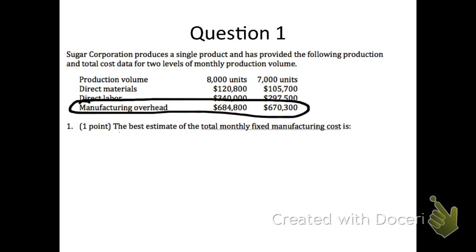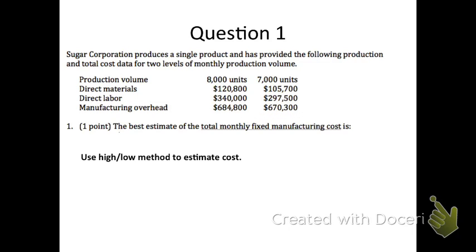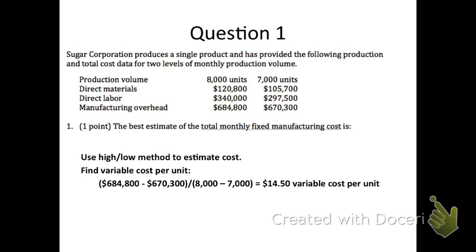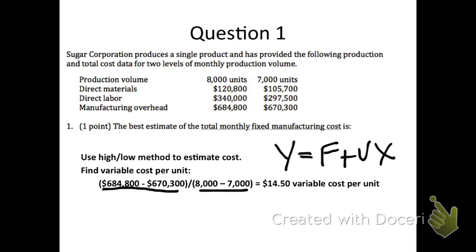For the high-low method, we determine the high point and the low point. We only have 2 points here, so the high point is the 8,000 and the low point is the 7,000 units. To get the variable cost per unit, you just take the change in the cost over the change in the activity, and the activity in this case is production. This gives you your variable cost per unit. So if you think about that equation, y equals f plus vx,